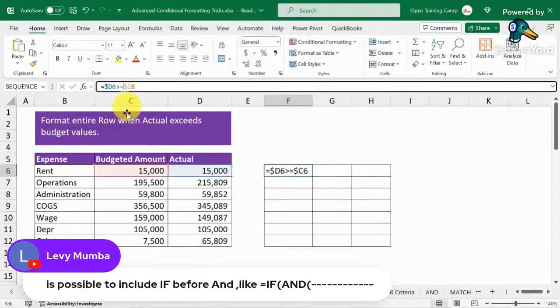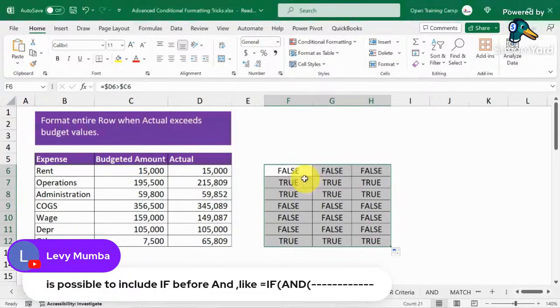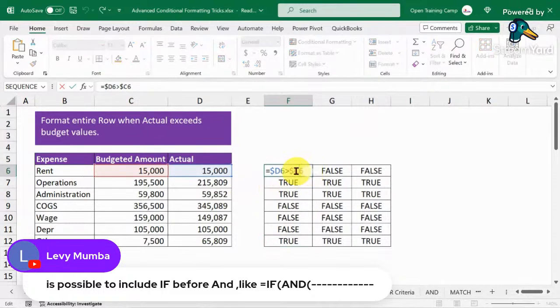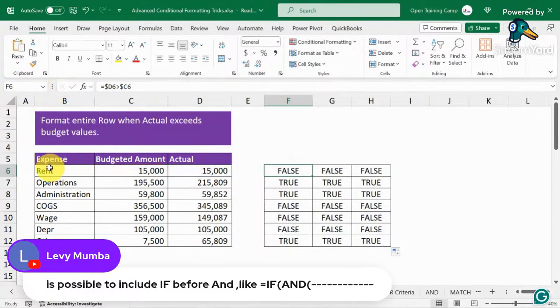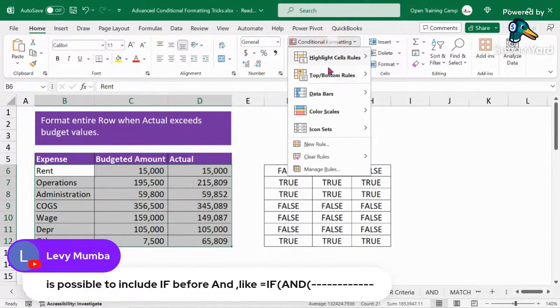So we make sure that we get rid of the equals symbol, and then we drag this formula and check if this will give us the patterns of trues and falses. Let us double check. Yes, I can see some trues coming up here. Now what I can do is to copy this logical formula and highlight our table of values,